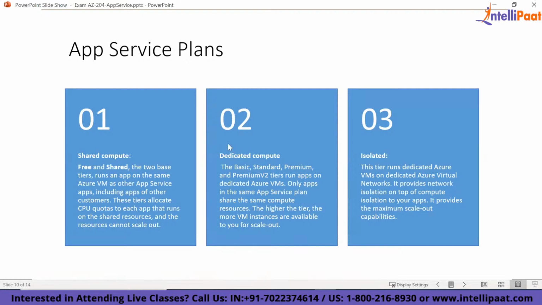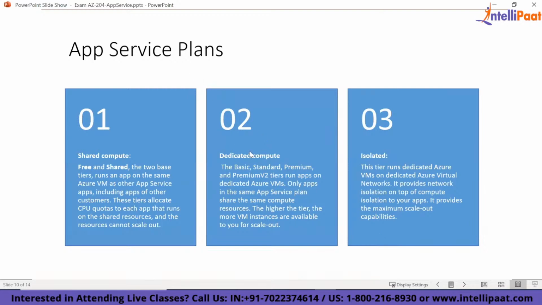In dedicated compute, you are not sharing your VM's computing power with any other customers. But now you have isolated your computing section, and the networks are still shared across customers of Azure. Maybe your organization or some other organizations might still be sharing the same network to reach your server. So if you want network isolation as well, you can go for an isolated approach. This basically gives you network isolation as well. So these are the three models.